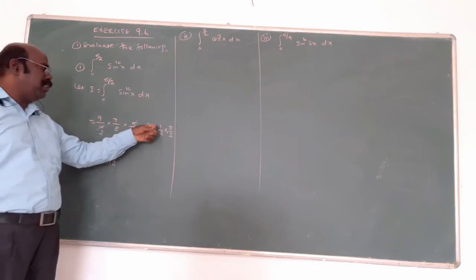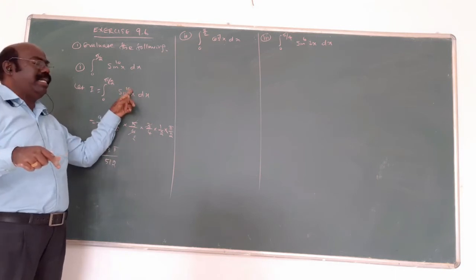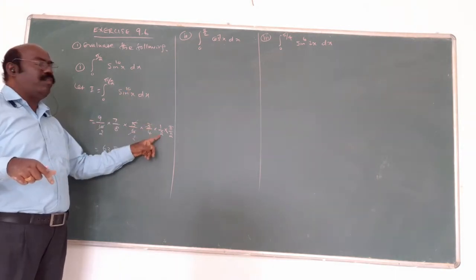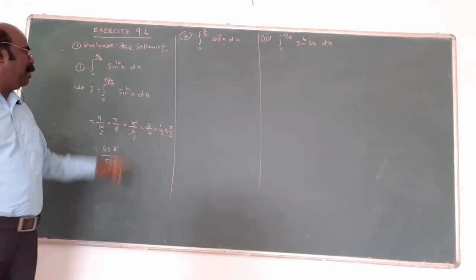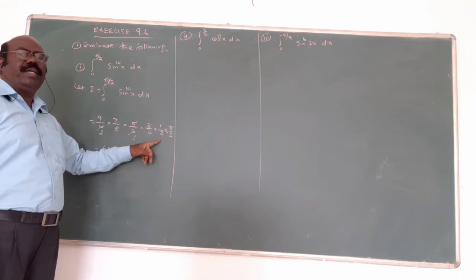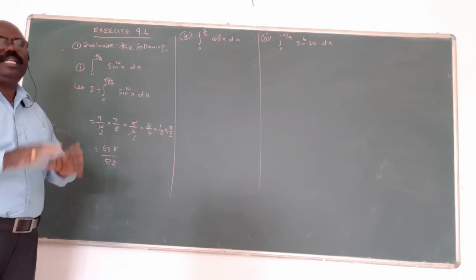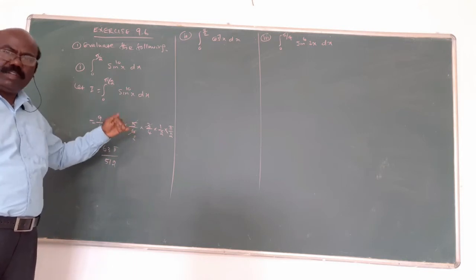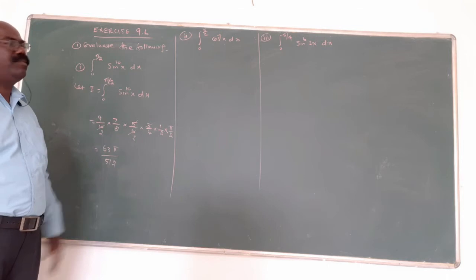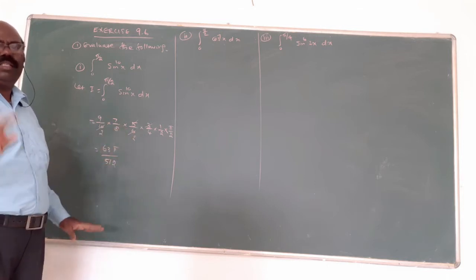If the power is odd, the last term 2 by 3 will come in. If it is even, 1 by 2 will come in, multiplied by pi by 2. If it is an odd number, the last term is 2 by 3 into 1, that's all. If it is an even number, the last term is 1 by 2 into pi by 2. If it's an odd number, the last number 2 by 3 will come into 1.